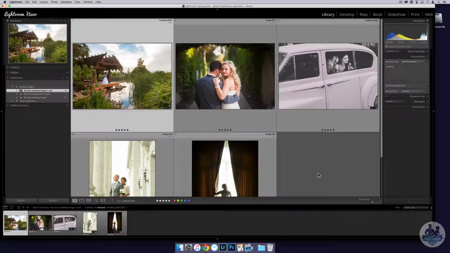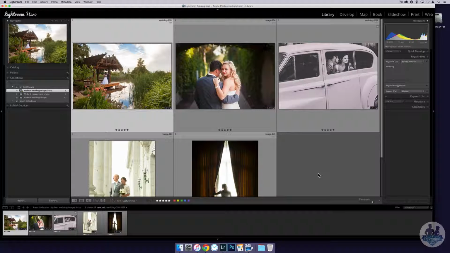And the beauty of it is any image in the future within this catalog that has a 5-star rating and a keyword of wedding will also be pulled into this collection. So what this becomes is a permanent collection that is constantly updating with my best wedding images. Hopefully you can see the power of collections, that you can quickly organize or create your folders of images that don't take up more space on your hard drive,